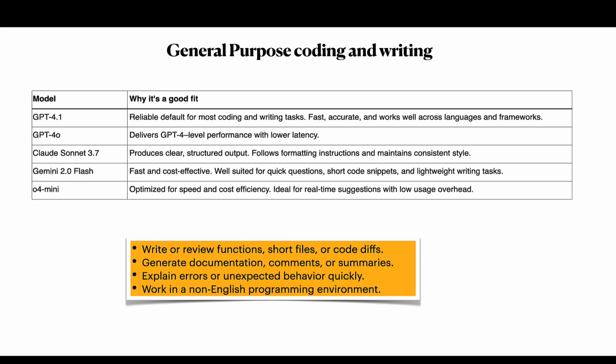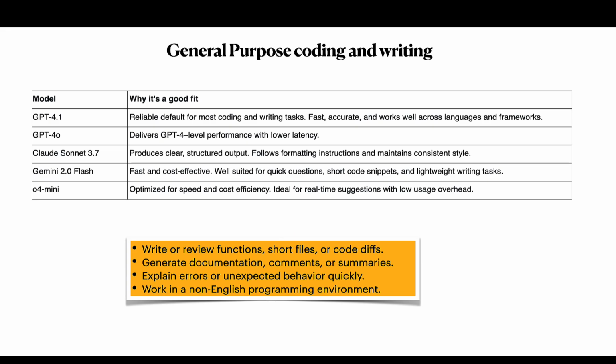Okay, and Claude Sonnet will produce clear, structured output, follow formatting instructions, and maintain consistency. Then Gemini 2.0 Flash is fast and cost effective, well suited for quick questions, short code snippets, and lightweight writing tasks. And o4 mini is optimized for speed and cost efficiency, ideal for real-time suggestions with low code usage. Below I have given some tasks for when you can use them: if you want to write or review a function, short lines,